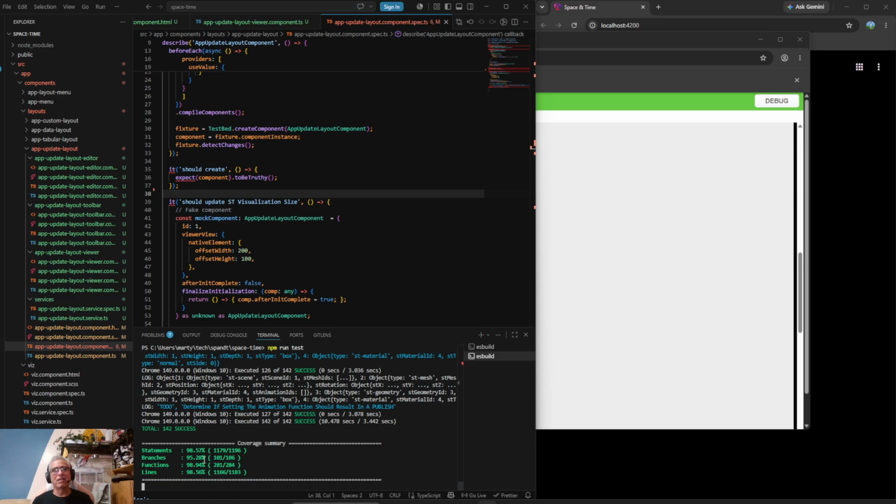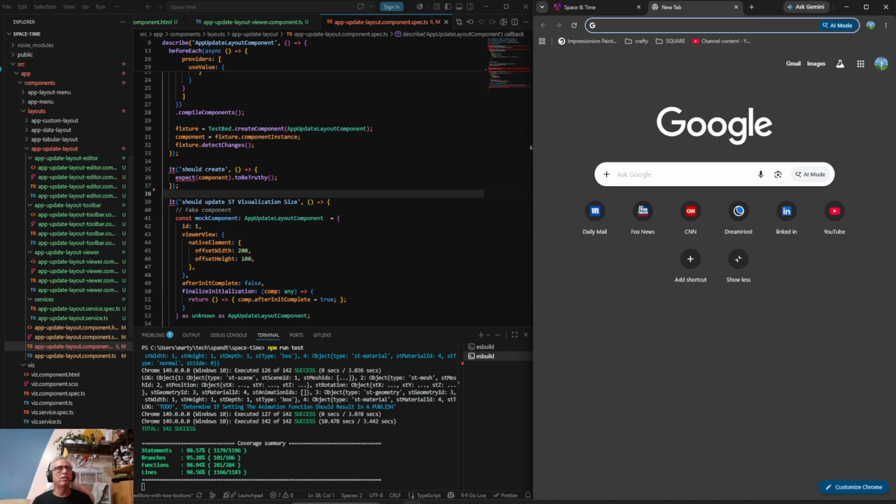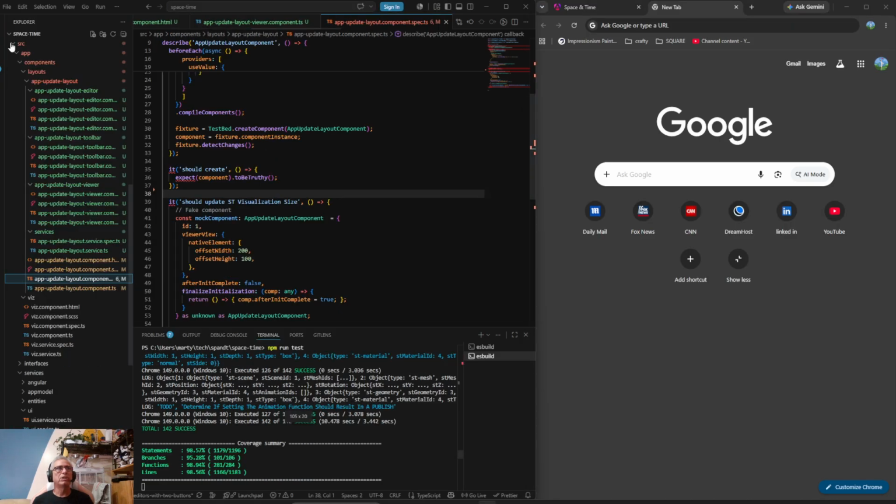So anytime I see that there's a lot of branches not covered, I immediately think to myself, oh crap, okay, I'm gonna have to actually do some rewriting. We have 3 functions not called and 17 lines. All right, so let's do that so we can see who the offender is.